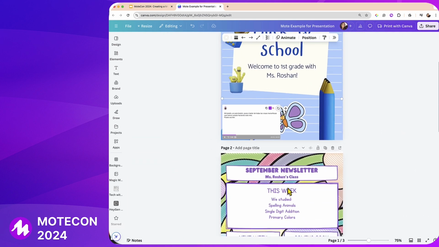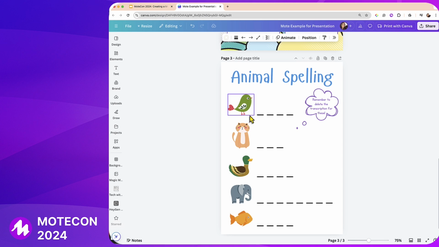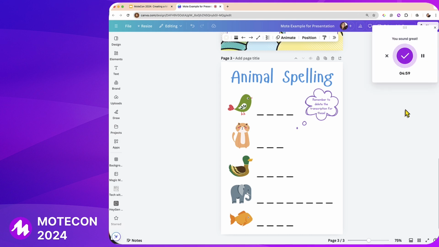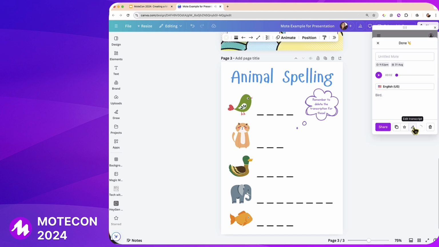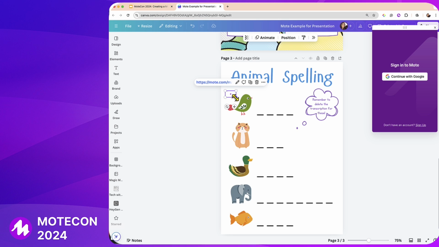You could use this for a student activity. Say that you want students to be able to practice their spelling. So you want to say the words aloud and they practice their spelling. All you do, go ahead. Bird. For this one, obviously you want to delete the transcription because that would defeat the purpose. Then you would press share, copy that link and paste it in. And then we can just place that recording right next to the bird and you can create a little spelling